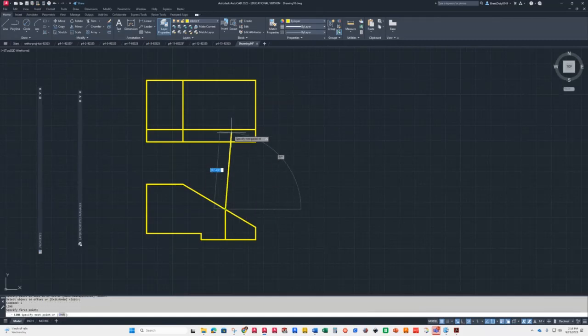And then we're going to draw this line up here. And this is that little notch I was talking about. So I'm just going to edit this down to here, and then I'm going to trim it out. There we go. Okay, so I know I did that a little fast, but that's kind of the basis of